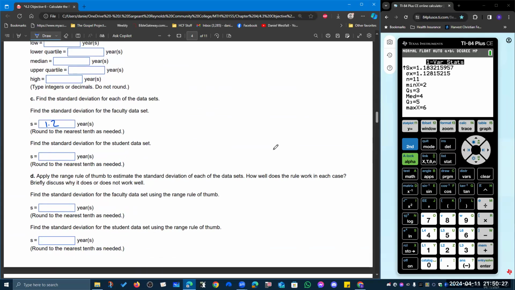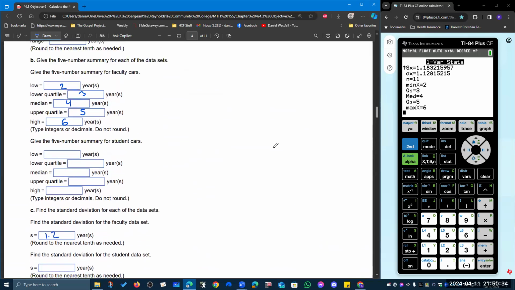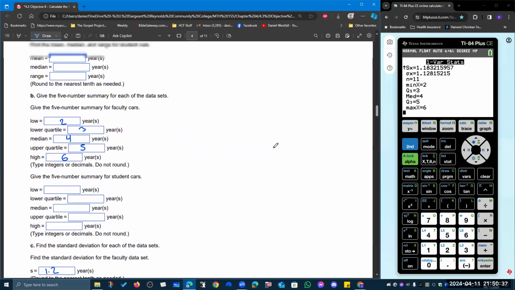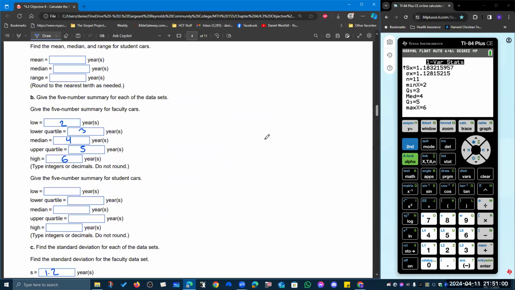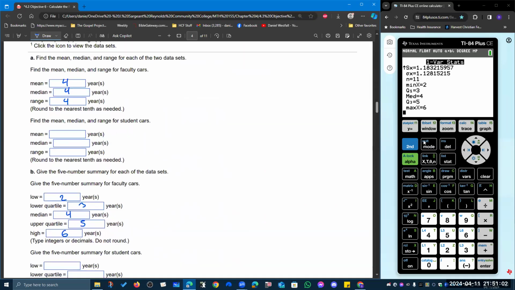And then using the rule of thumb, which is the range divided by 4, so high minus low divided by 4 means that S is about 4 divided by 4, about 1. And 1.2 was pretty close there. So now let's come back and run our